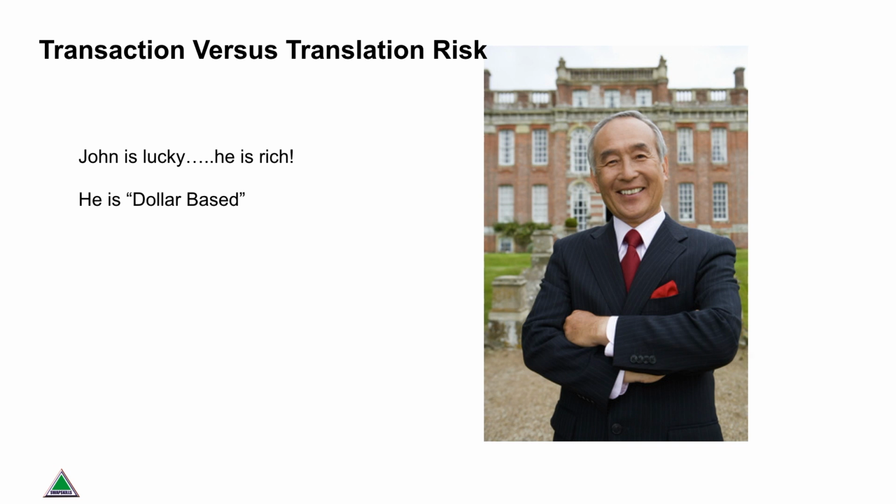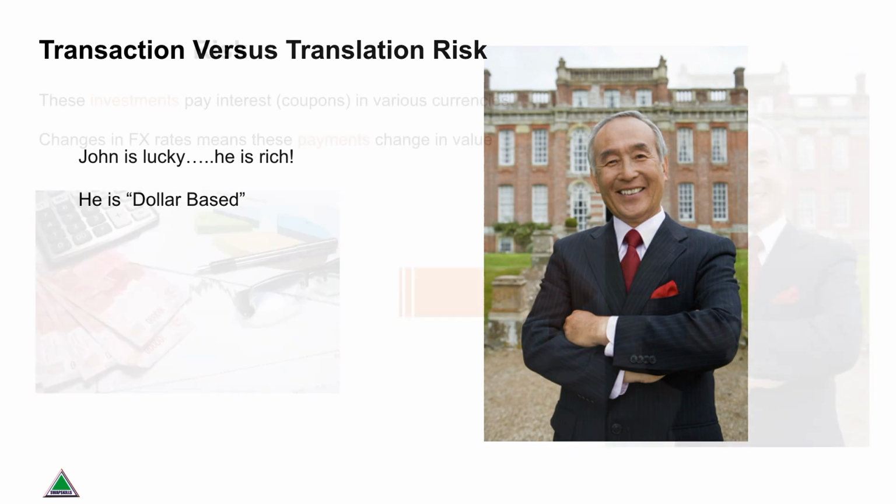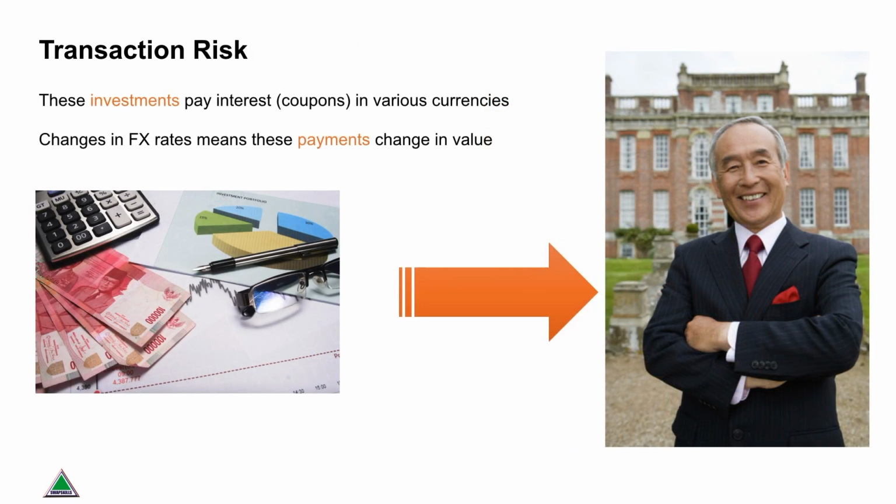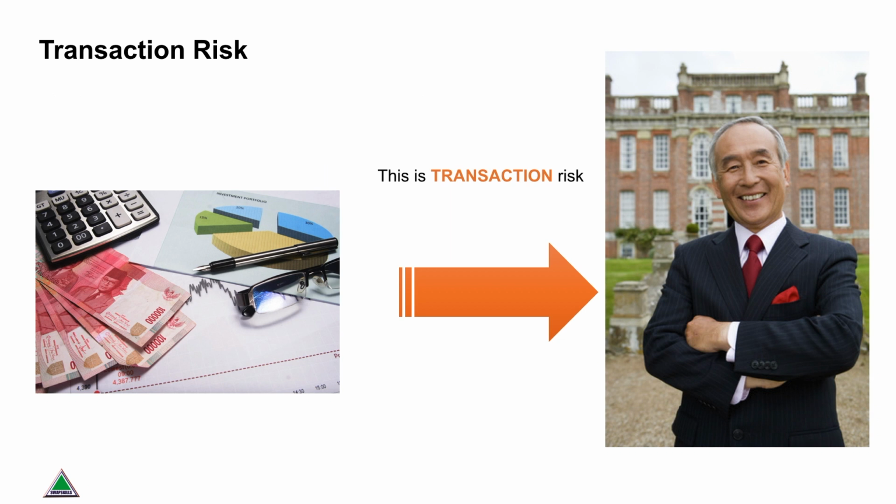Our friend John is in the fortunate position of being a high net worth individual, and he regards the US dollar as his base currency. Now, he does have investments in various bonds and stocks and so on, some of which are not denominated in dollars. This means they pay coupons and dividends in foreign currencies, which, when you swap them back to dollars, may move up and down in value purely because of exchange rate changes. So there's a real impact on John's cash flows here, and these changes in value are what we call transaction